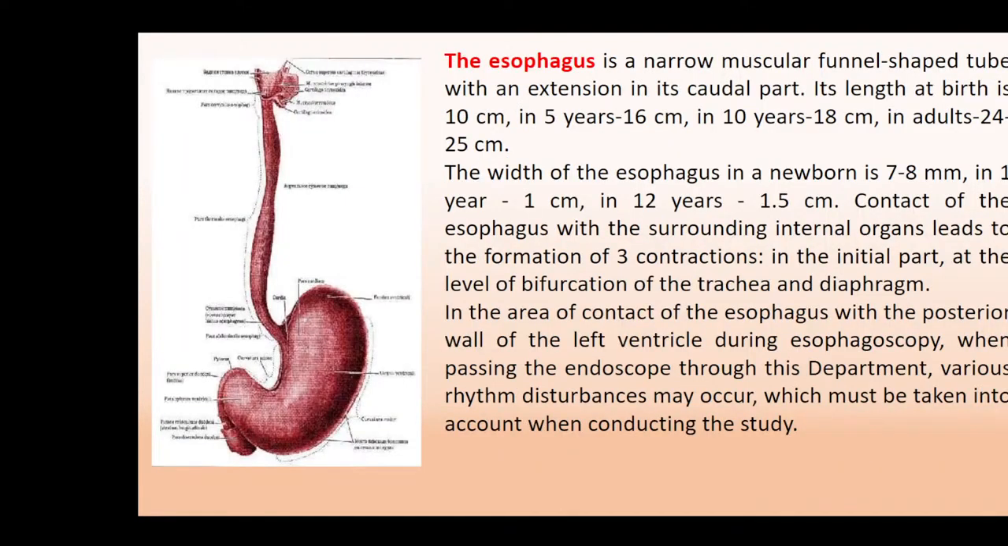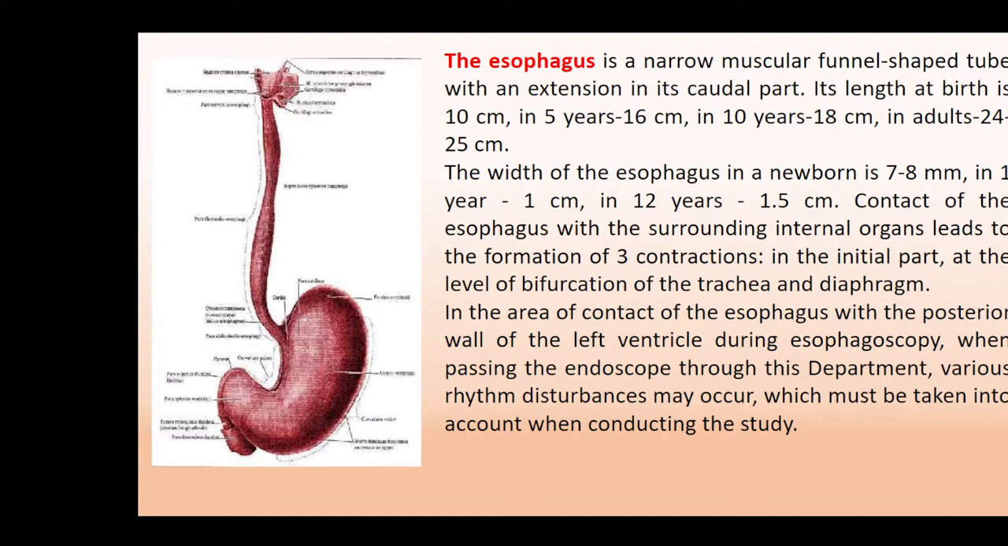Next part of the digestive system is the esophagus. Esophagus is a narrow muscular funnel-shaped tube with extension in its caudal part. Its length at birth is 10 centimeters. In 5 years, 16 centimeters. In 10 years, 18 centimeters. In adults, on average, nearly 24-25 centimeters. The width of the esophagus in newborn